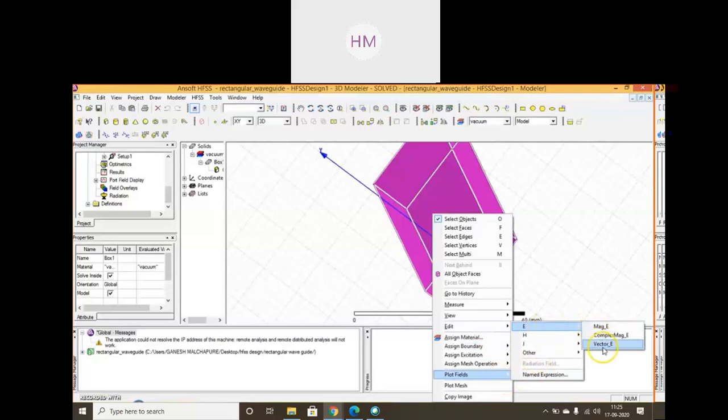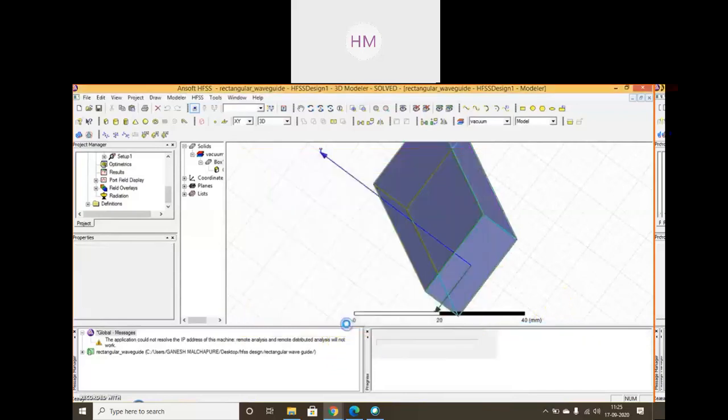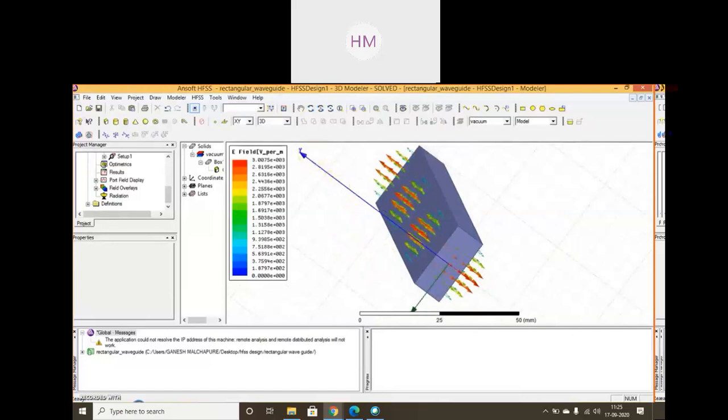I am clicking E field, vector E or magnitude E. Then I can select all the parameters from there and see how the E field is showing in my rectangular waveguide. Direction you can see.